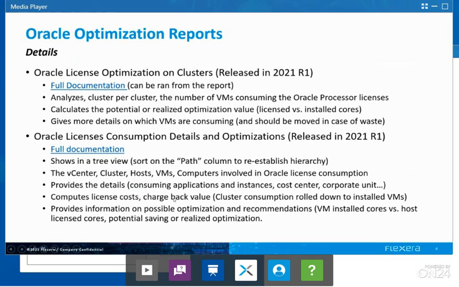It is containing a chargeback value, and it's also providing the optimization value, which is, host per host, doing the same calculation: how many VM installed cores do I have, what is the number of license cores, what could I save given the good or bad setup that I have. One thing I didn't mention, the report can show negative optimizations, which means that if you